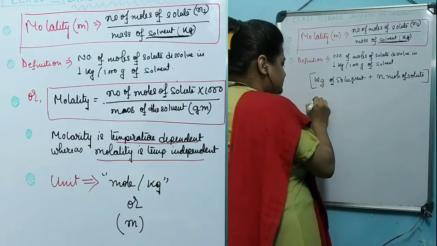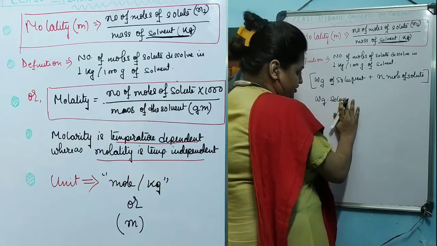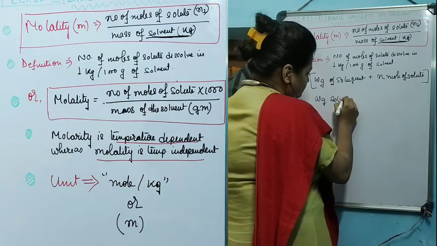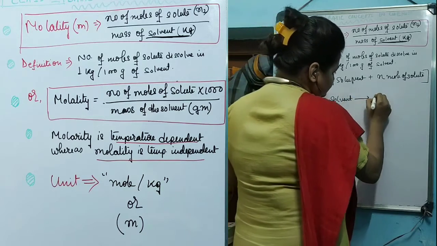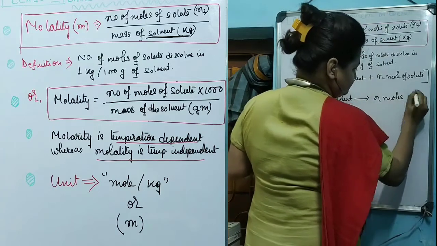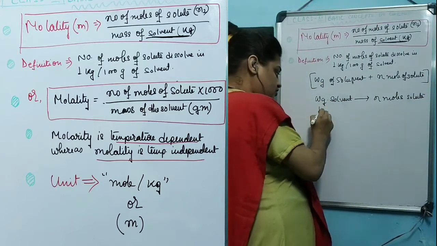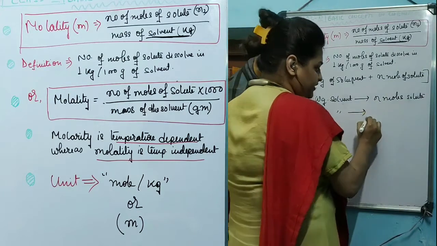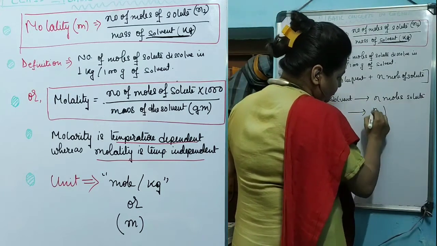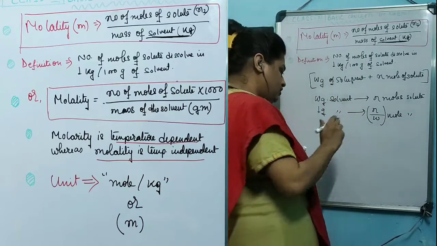Now you can write this entire thing as W gram of solvent contains N moles of solute, or 1 gram of solvent contains N by W moles of solute, or